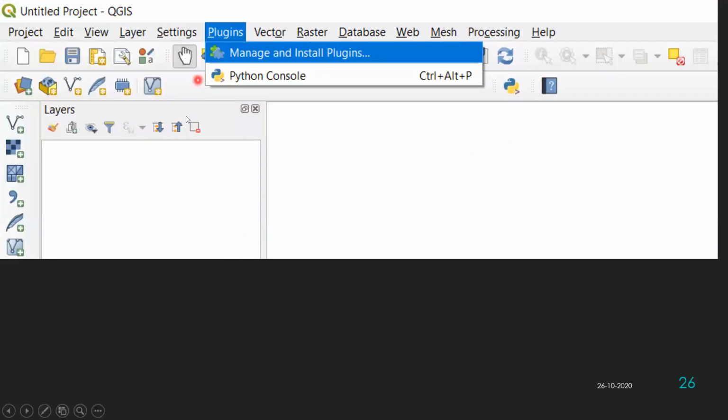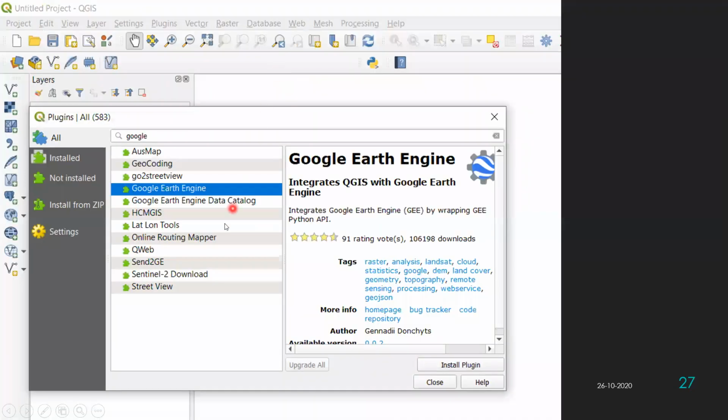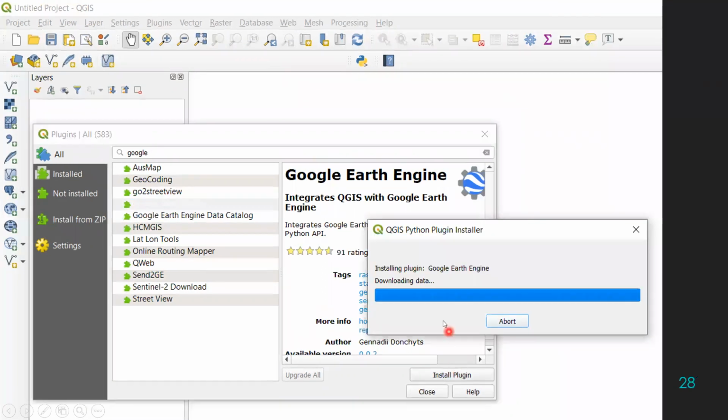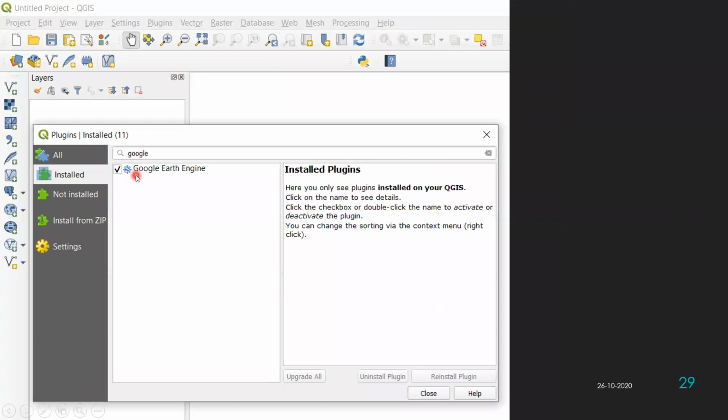Okay, so go to your plugin, then manage plugin, then you will be having this plugin window. So search Google in the search bar, click on the Google Earth Engine, install this plugin. After installing the plugin, it is loading now. Okay, it is checked now, it is installed.